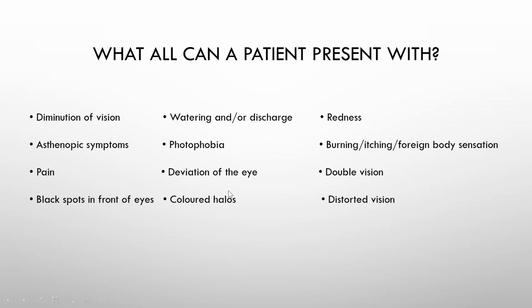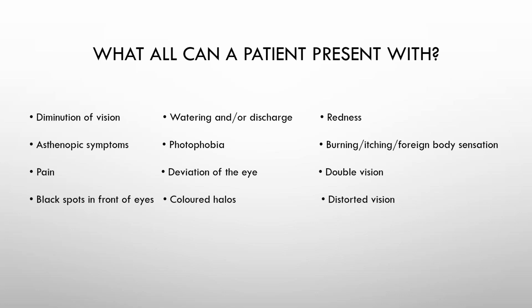And the other thing they could present with is deviation of the eye, which almost clearly tells you that it's going to be some strabismus. Then the patient may present to you with double vision, but the thing is that sometimes they get confused. They will say that we are having double vision. Now they can confuse it with blurred vision. So how do you become sure that it's not blurred vision and it's double vision is when you ask them, okay, do you see two separate images?